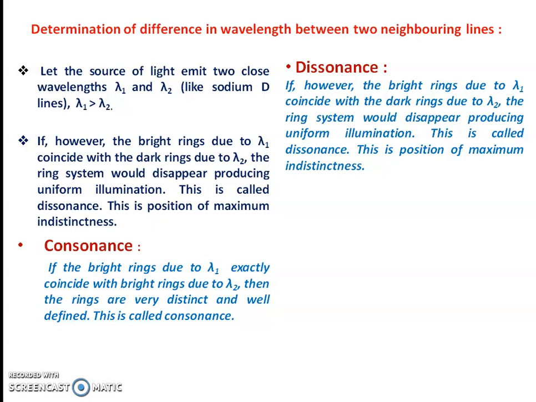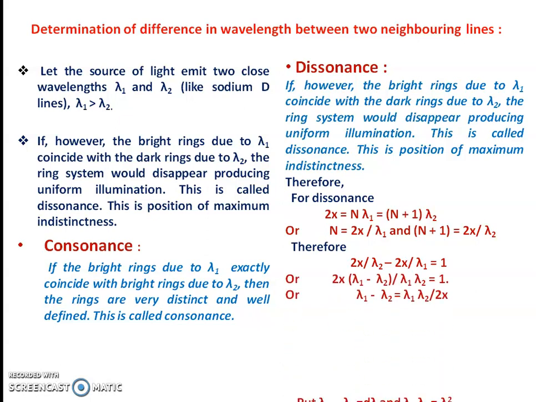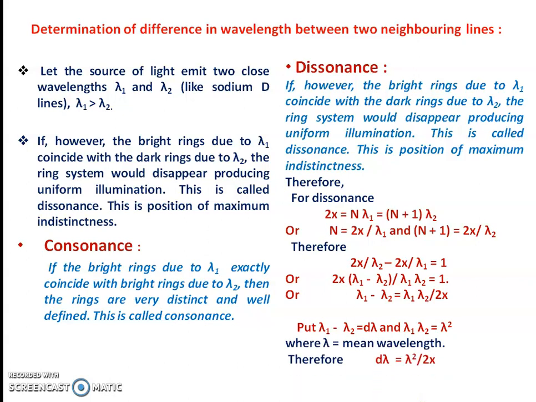Therefore, for this position, 2x is equal to n lambda 1, which can be written as (n plus 1) lambda 2. Or n can be written as 2x upon lambda 1, and n plus 1 as 2x by lambda 2. Therefore 2x by lambda 2 minus 2x upon lambda 1 equals 1, and this ultimately can be written with lambda as the mean wavelength, as d lambda equal to lambda square upon 2x. So this is the equation for